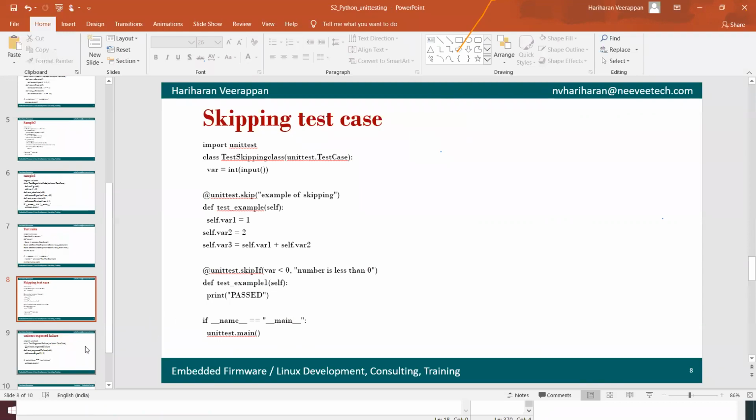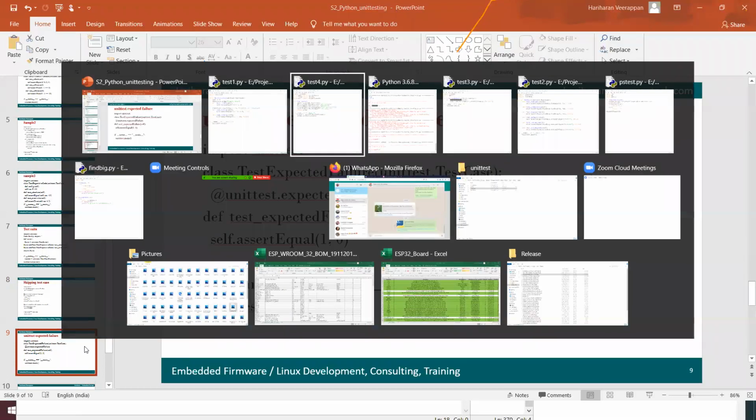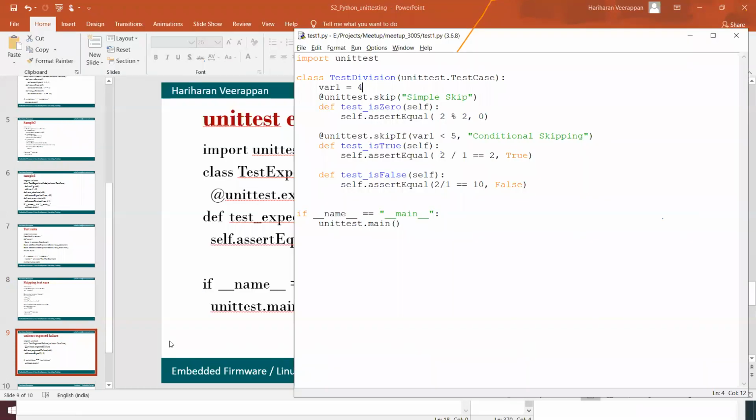Similarly, we can do something like an expected failure. For example, if we know that this particular test is going to fail, we can add something like this.